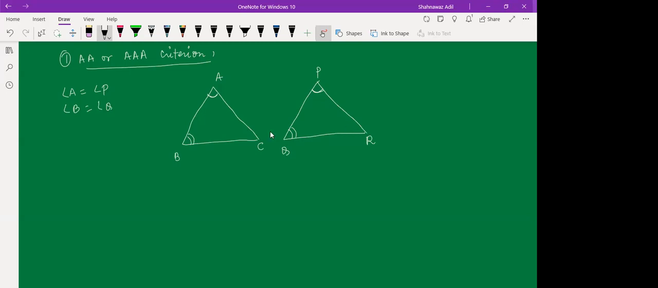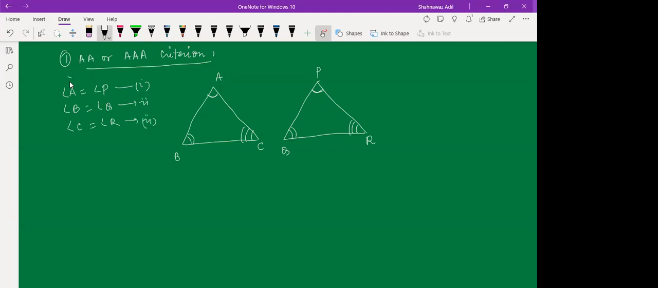Automatically the third angle will also be equal, right? Automatically. So C would also be equal to R. So when these conditions are satisfied, right,